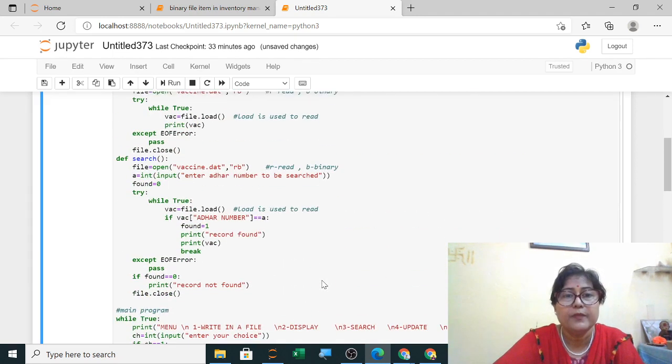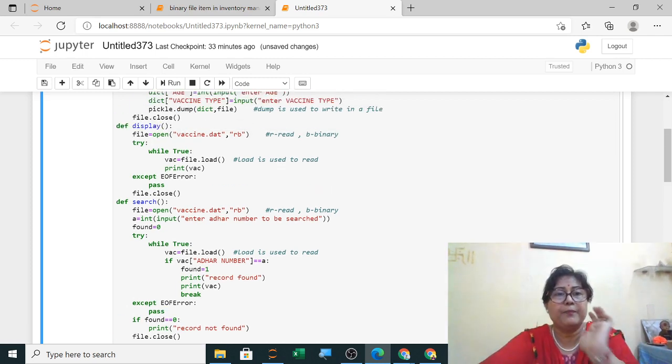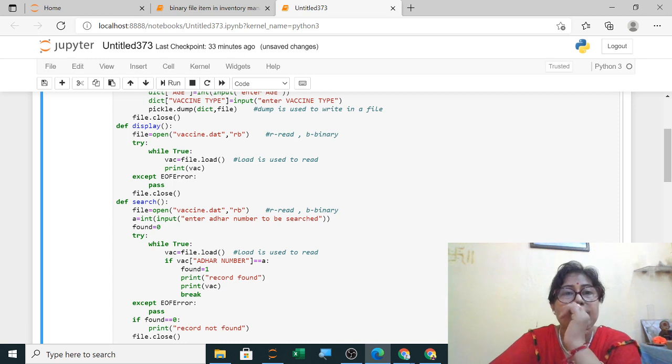Let's see the load function of display. Now the file I have opened in read mode. Before that I closed it, and after coming here, file.load function, I made a typing mistake.